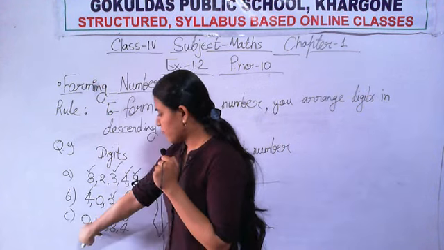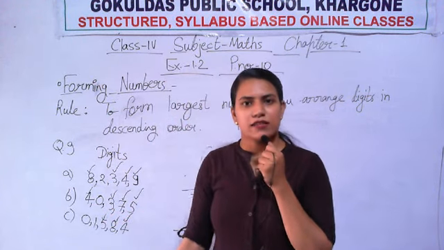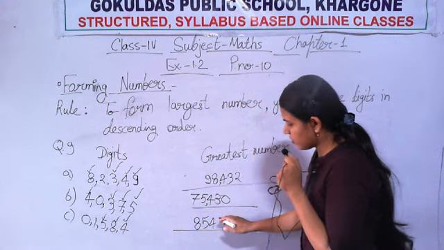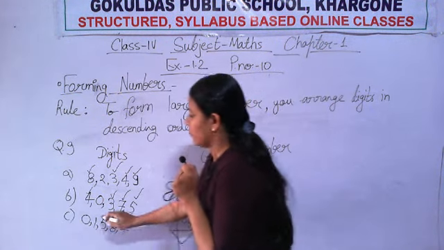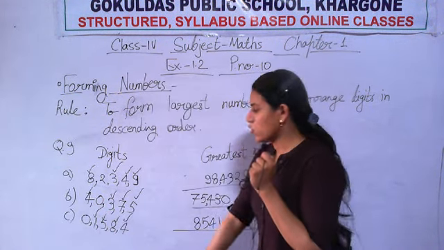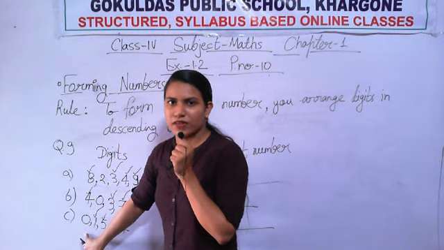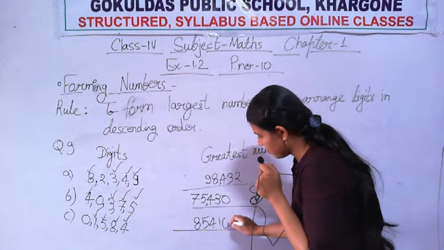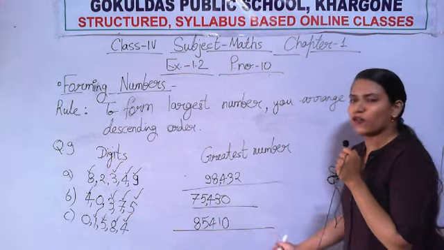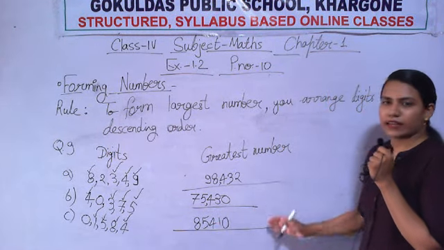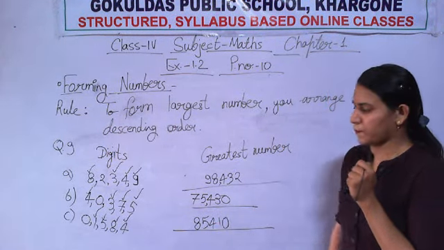Okay. Then compare these two, 0 or 1. Which one is the largest? 1 is the largest. So you will write 1. We have done with the 1 also. Now we are left with only 1 digit. So write that digit at the last. And this is how we got our greatest or largest number.